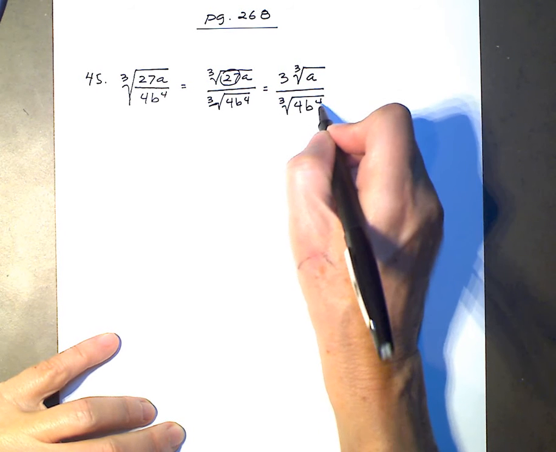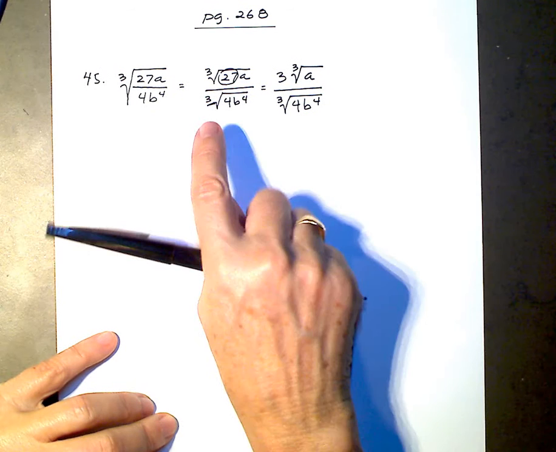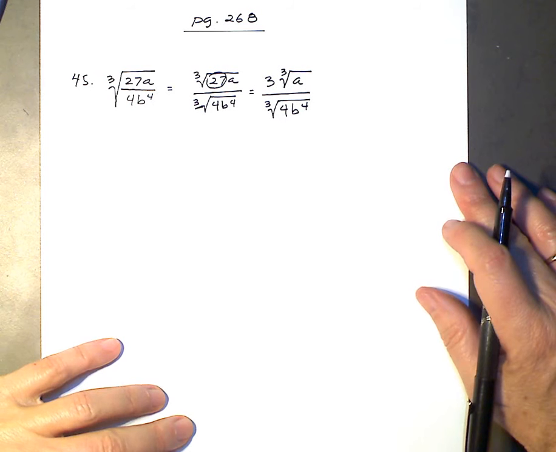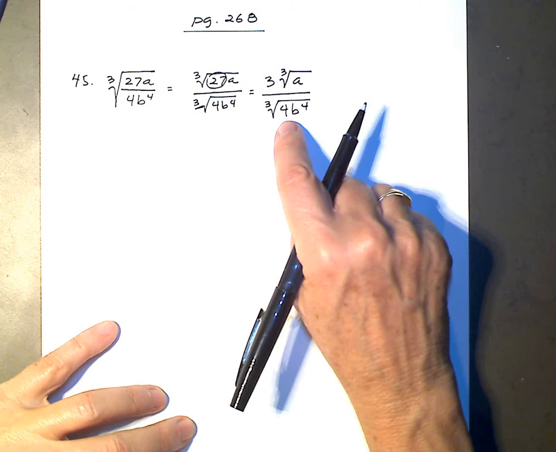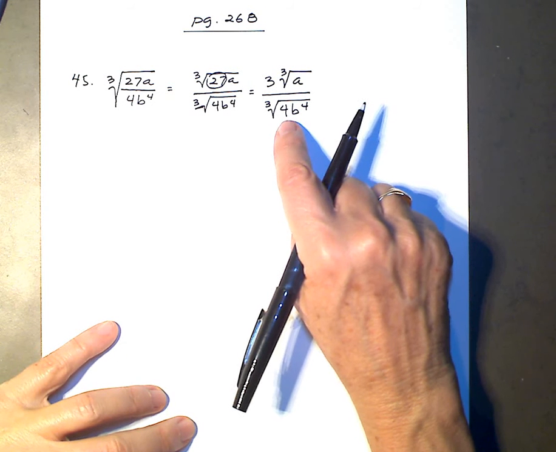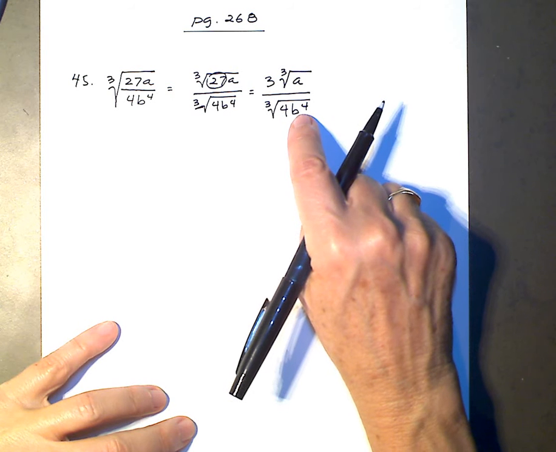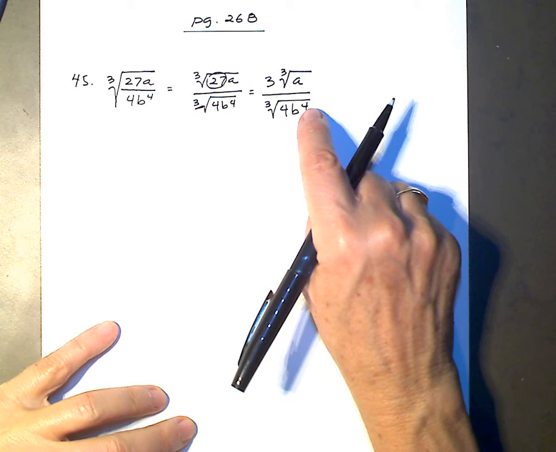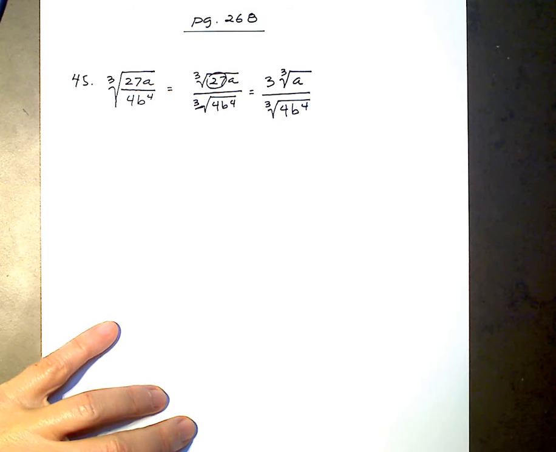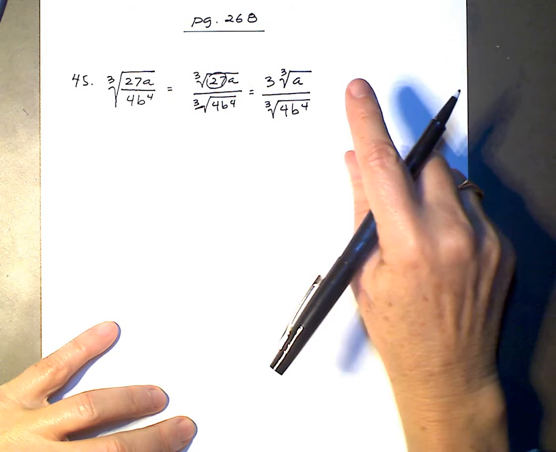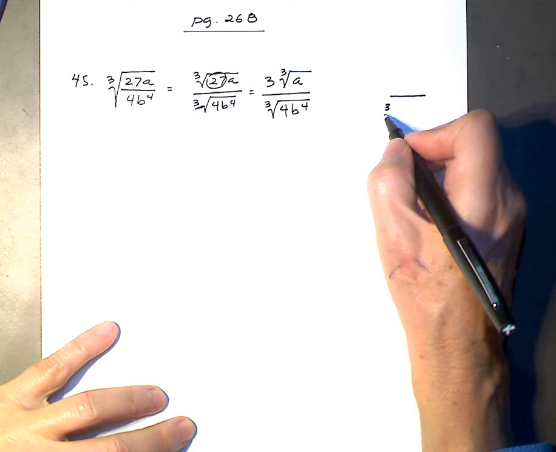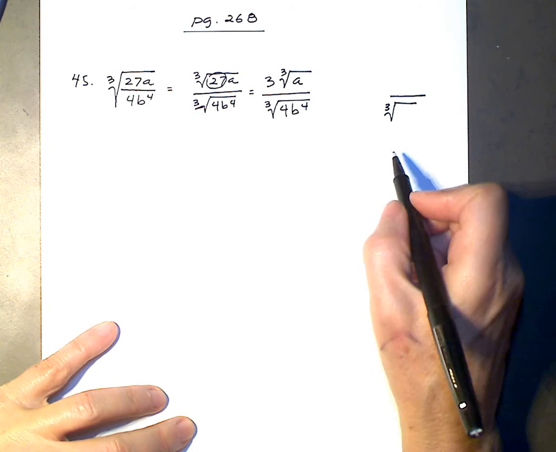Okay, I could have condensed this into one step. But anyway, now I want to rationalize this denominator. So I have the cubic root of 4 and the cubic root of b to the fourth. There's no sense right now in breaking this into b to the third and taking out a b, because I'll still have a radical b in there. So it's probably easier to do it in one fell swoop. So if I look at what I want my goal to be, so that I get a rational denominator,